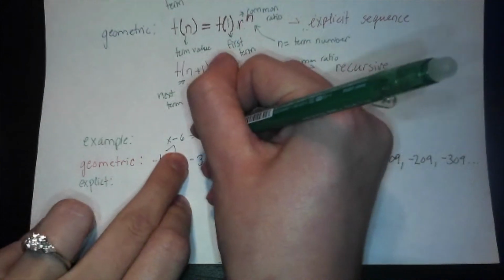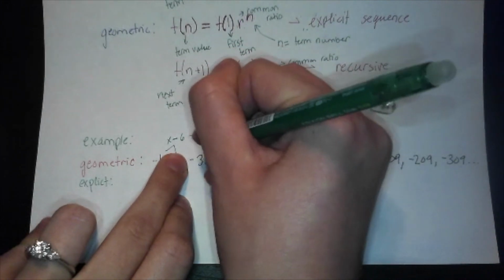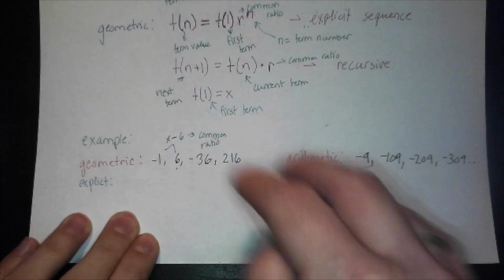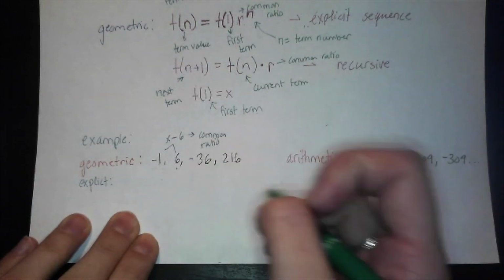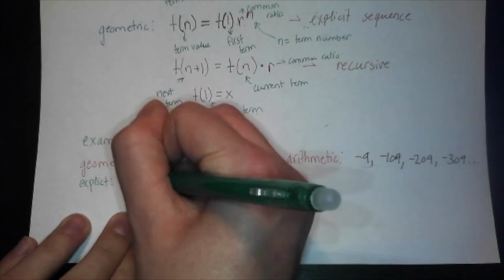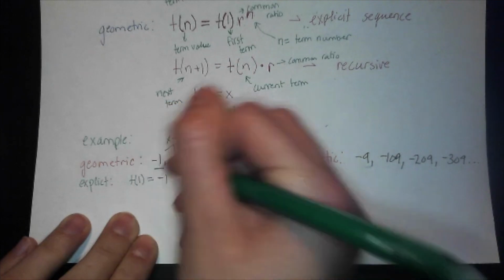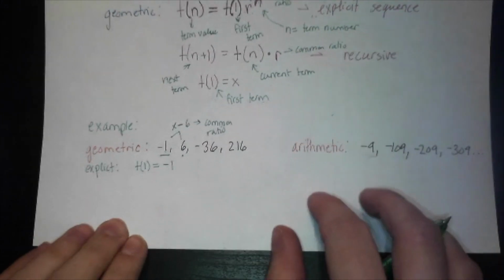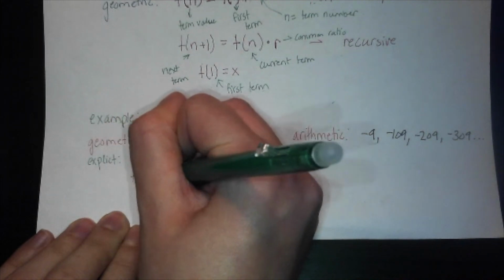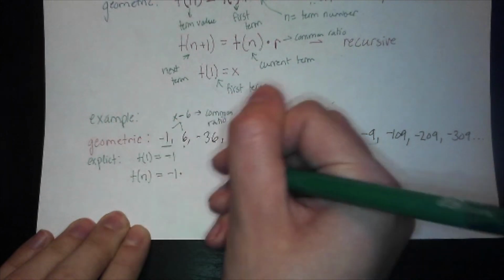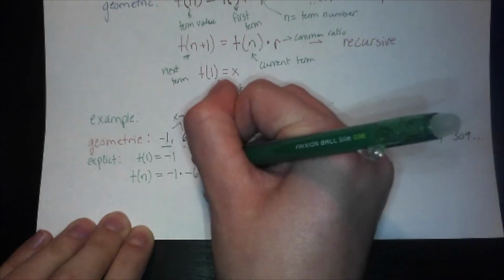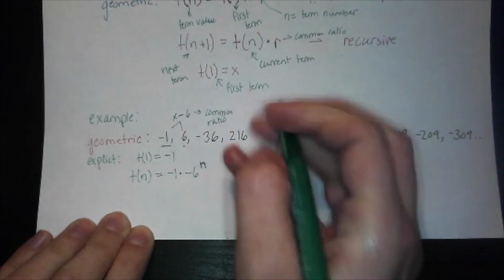So this is what our common ratio is. And I'll move my hand so y'all can see. Okay. And then our first term, right here, t of 1 equals -1. So our explicit geometric sequence is going to be t of n equals -1 times -6 to the n power. And it's the power of n,